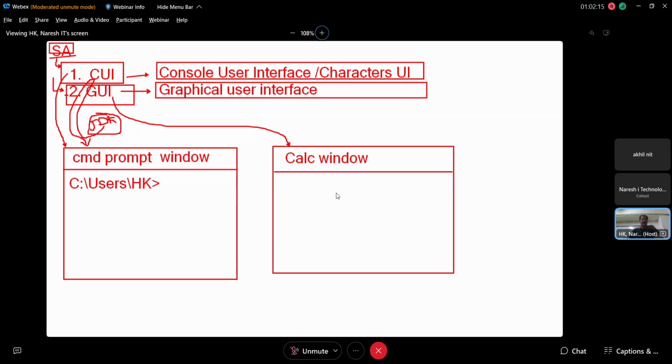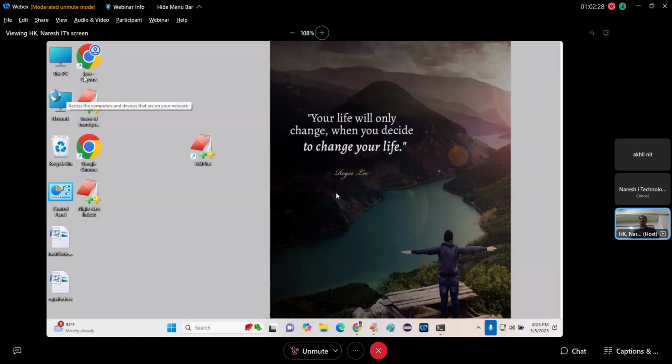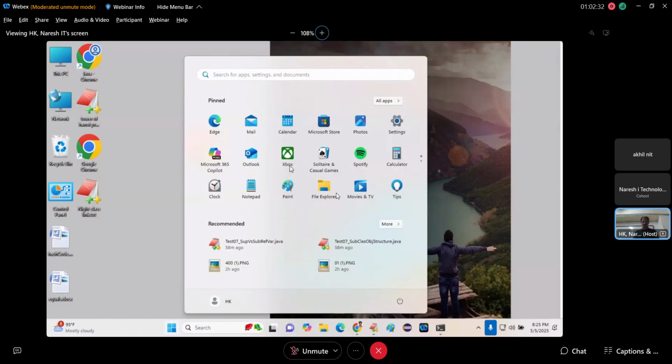Browser is a standalone application. And then that browser software is GUI based or CUI based? GUI. It has its own window, na? Right. Now tell me, if I want to test whether my Java software is running or not, what do you have to do? Open